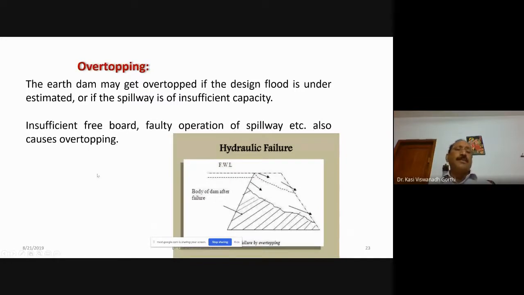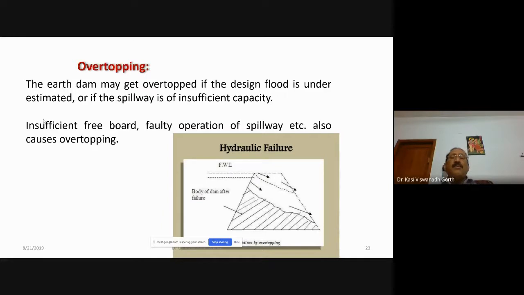What is overtopping? The earth dam may get overtopped if the design flood is underestimated, or if the spillway is of insufficient capacity. If the spillway is not of sufficient capacity, more water is coming into the reservoir, but the spillway is not able to draw that much water into the downstream portion for safe disposal.